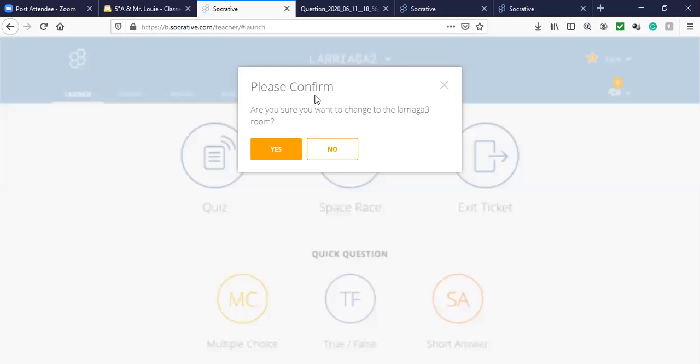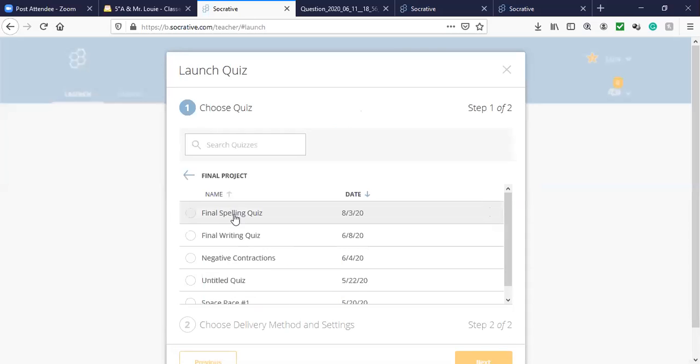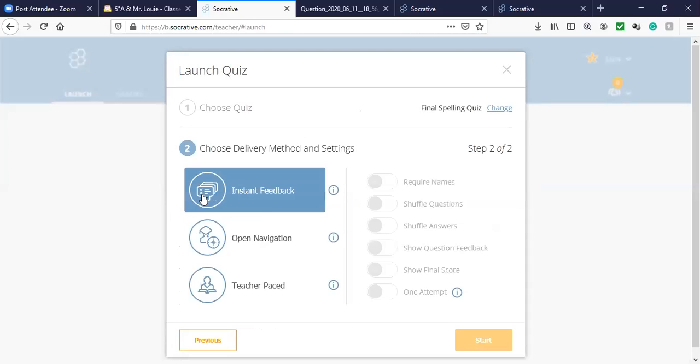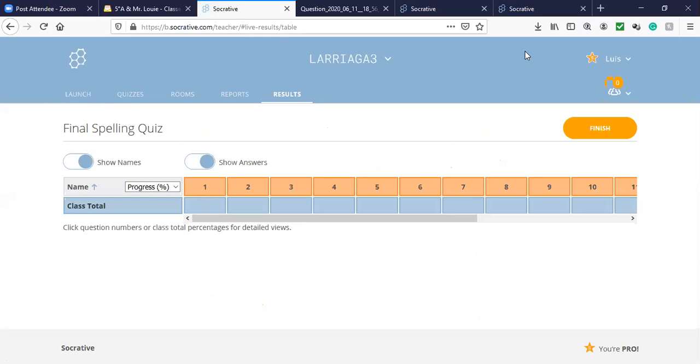I go to Arriaga 3 and I am going to give them the most difficult one, okay? Which is going to be instant feedback. I don't want them to copy. Shuffle answers is only when you have multiple choice, okay? But anyway, let's try it. I just want to make them as hard as possible. So I started in Arriaga 3,